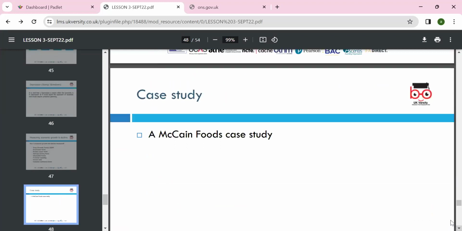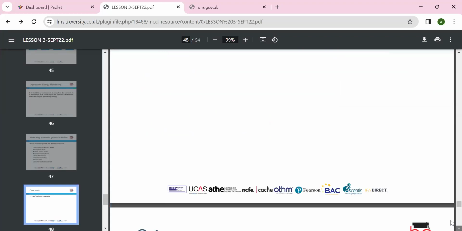Then we have a case study called McCain Foods. McCain changed themselves according to the environment. Ultimately, the environment is changing and we have to change. If we don't change, we become static, like Nokia, British Home Stores and various other companies that did not change themselves and did not sustain. With obesity levels high, and unemployment and interest rates, they have to adjust all their operations and make strategies accordingly.